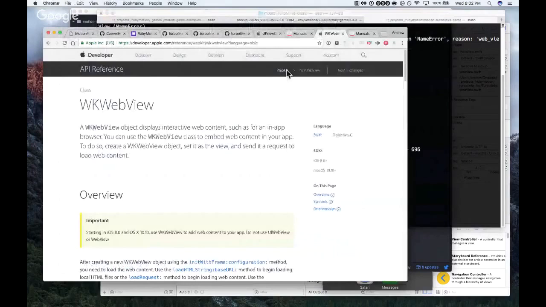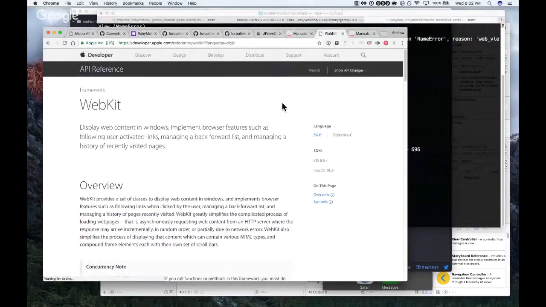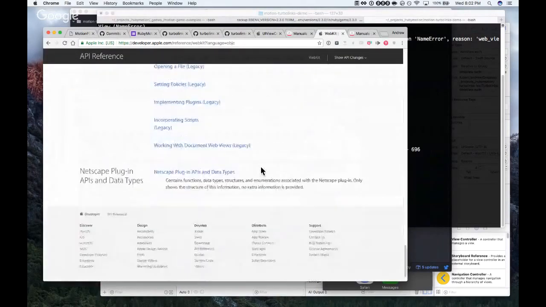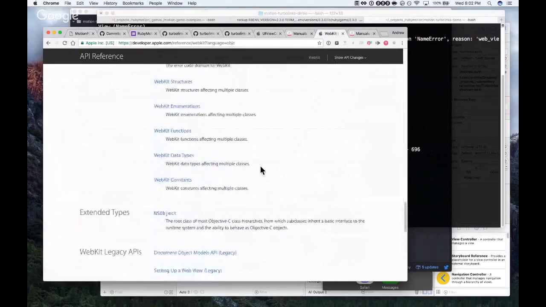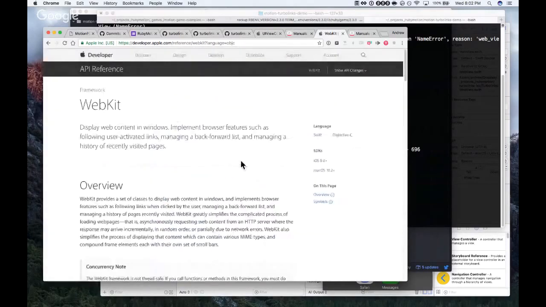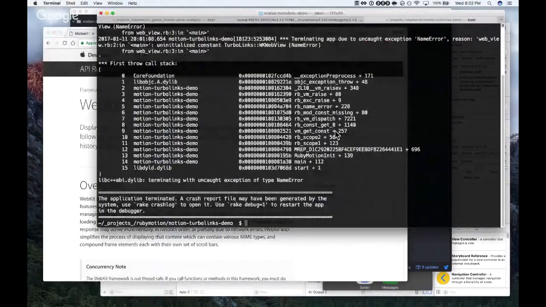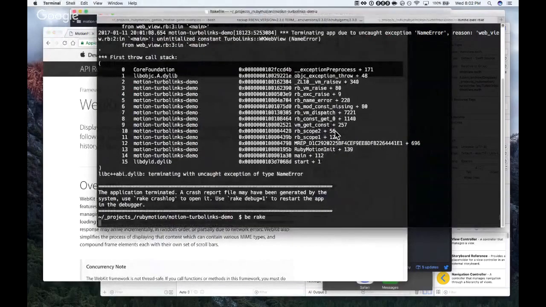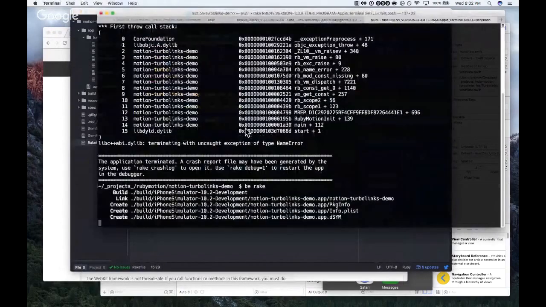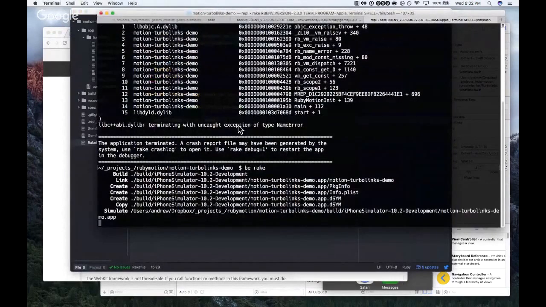I would think that it's the same as the import statement for framework WebKit, which provides all these different classes. Yeah, okay. And if not, then we'll do some more digging.